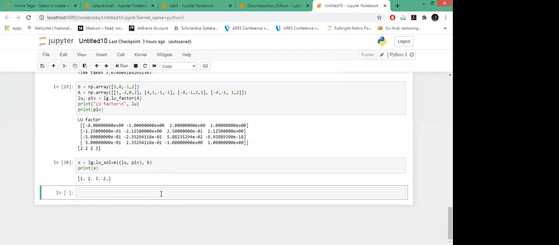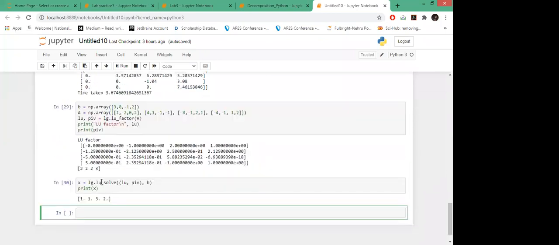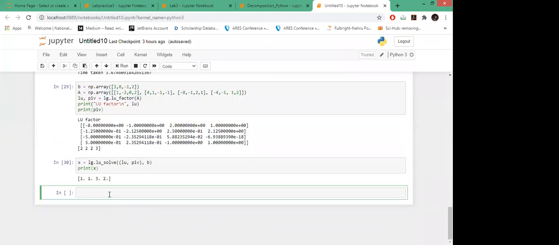I hope till here you are getting what I'm trying to say, because this is just basic which you need to know before directly coming to the application part of this. Okay, similarly we can use this LU decomposition to find the inverse of A as well. So let's say our A is, suppose, let me define A again, I'll define a matrix.